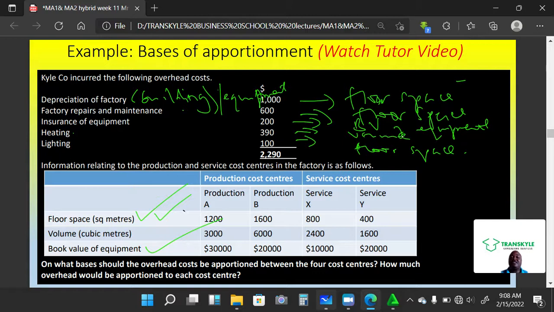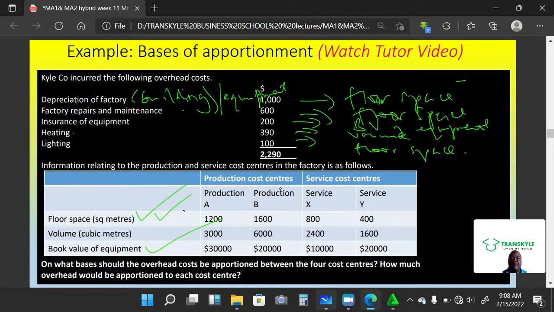But for heating, just for interest's sake, we can use the volume in cubic meters. Okay, that's the basis. And sometimes the examiner would say, why are you using that? And you just have to explain and justify the reasoning. Okay, justify why you do that. Okay, fine, let's move on because you do not have